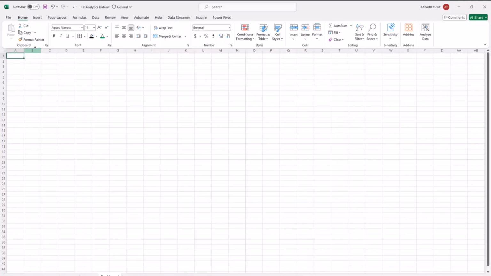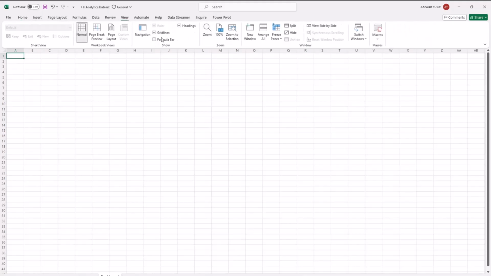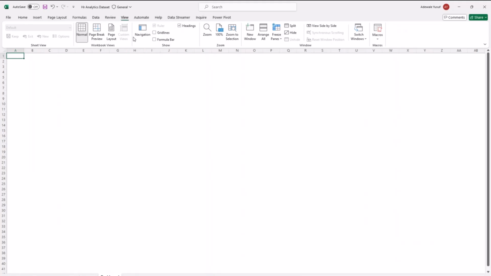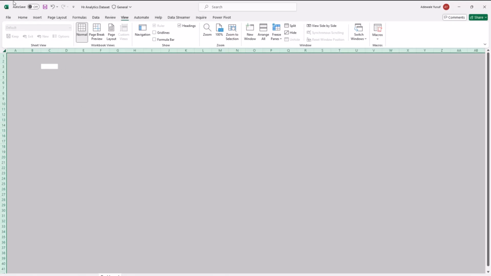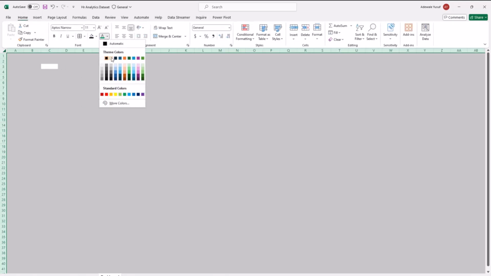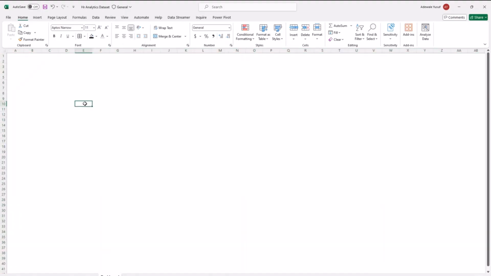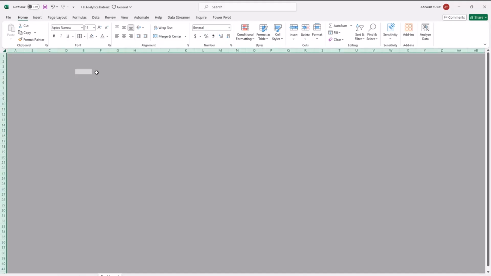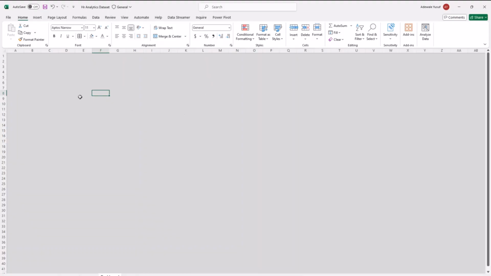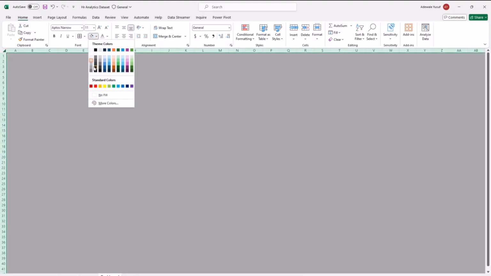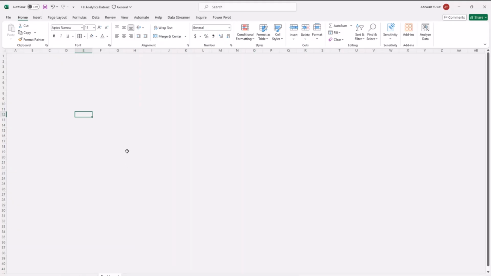So the first thing I'm going to do is go to View and remove the grid lines here. I'm going to click Control A and highlight this place and give it a very light color, something like an ash color. No, I selected the wrong one. So for the highlight color, I'm going to select the ash color like this. It gives my dashboard a bit of this color, but I think this ash is too much. Maybe I should use the second one. Okay, maybe this is okay. Let me use this one.